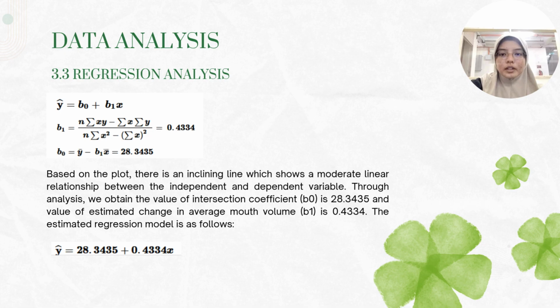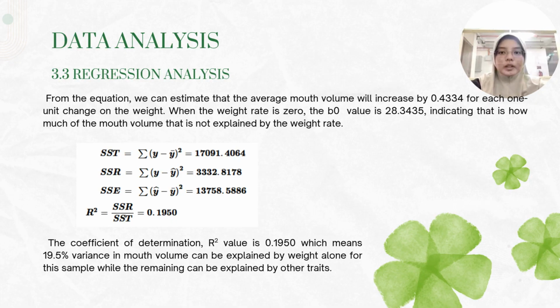0.4334. The estimated regression model is as follows, which is y hat equal to 28.3435 plus 0.4334 times x. So 28.3435 is the intercept, while 0.4334 is the value of the slope. And then from the equation, we also need to find the R square for the regression analysis. So we need to find SST, SSR, and SSE. And then for the R square, we got